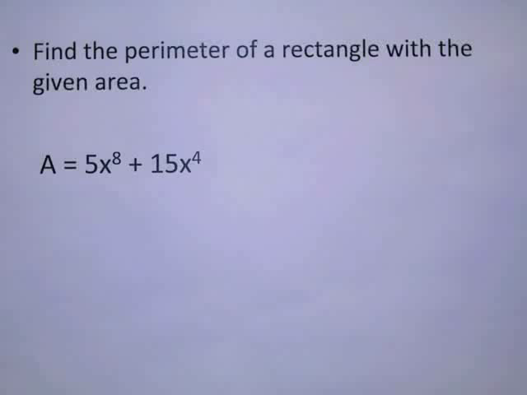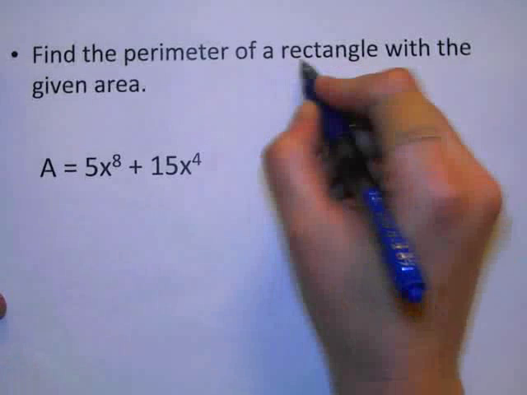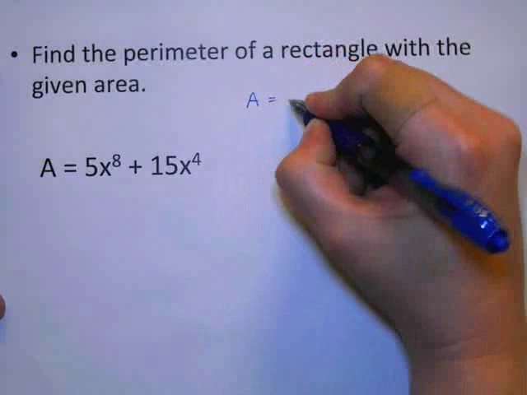Right, we're going to do two problems here, and in both of these problems we're going to have the same directions. Find the perimeter of a rectangle with the given area. All right, we see that our area is a polynomial, 5x to the 8th power plus 15x to the 4th power. So at first we might look at this and think, well, we don't really know where we're going here. But we know that if we're finding the area of a rectangle, that's length times